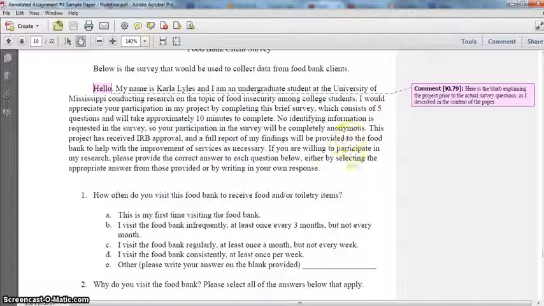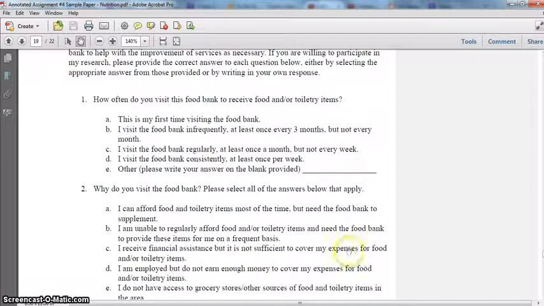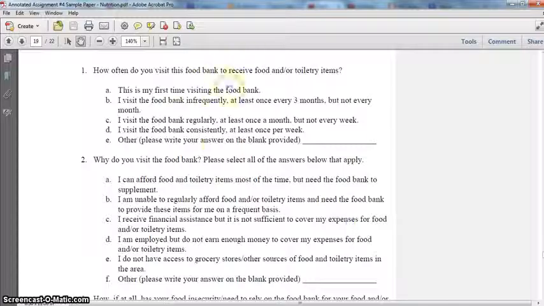Now, I then go on to just give basic instructions, and then of course you see my questions, and you see also the answer options for those questions for which answer options would be provided. So whenever you're giving your interview or your survey information in your paper like this, it does need to be specific. It should be what it is you think you would administer to collect your data. So you do want it to be clear.